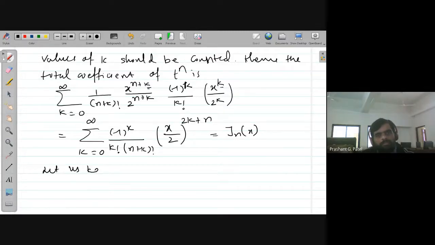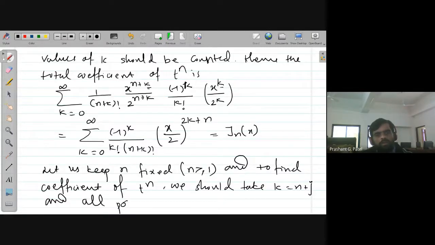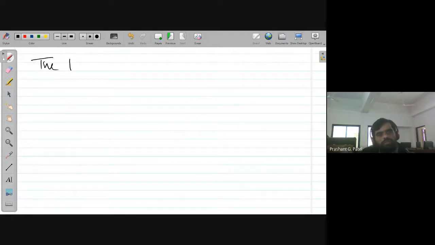Let us keep n fixed, that is n greater than or equal to 1, and to find the coefficient of t power minus n, we should take k equal to n plus j, and all possible values of j. So the total coefficient of t power minus n is